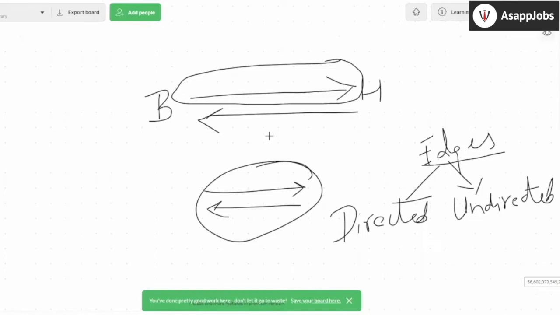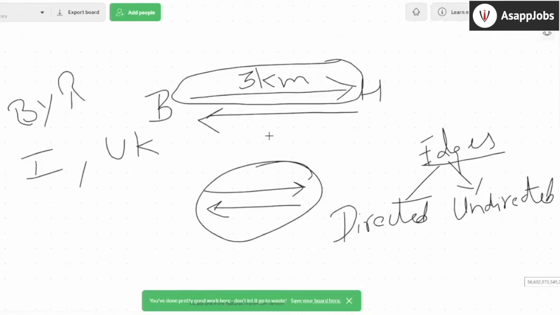Like in our case, we said that the length of the road is 3 kilometers, right? But there can be a couple of other scenarios where I don't even worry about the length of the edge. I simply want to see whether these two points connect or not, whether these two cities connect or not. Like if I want to answer a question, can I go from India to UK? You simply need to see whether there are roads between India and UK by road. I'm not talking about by air. So you simply need to see whether there is a road between India and UK.